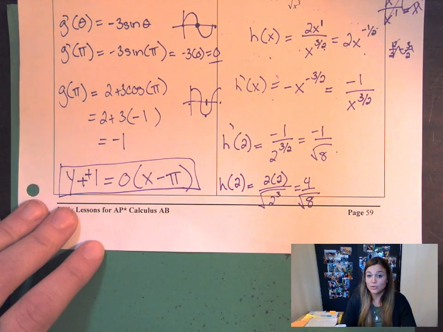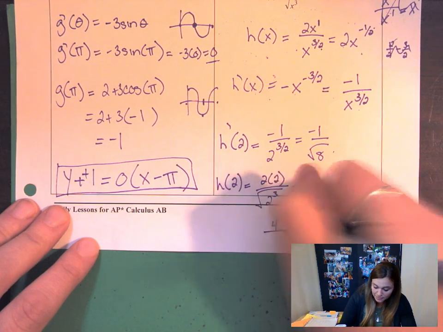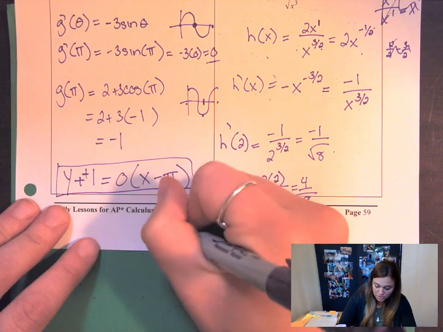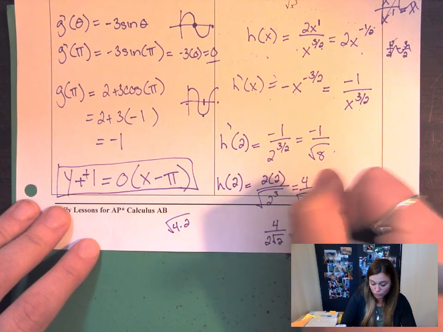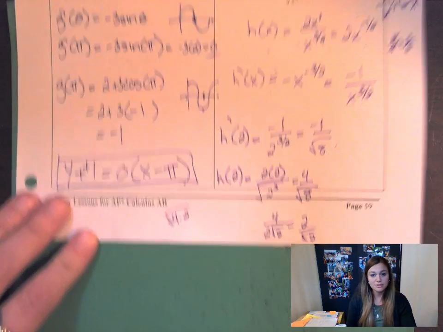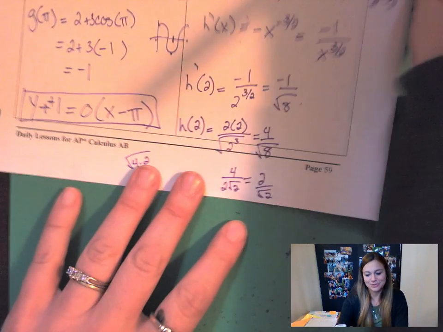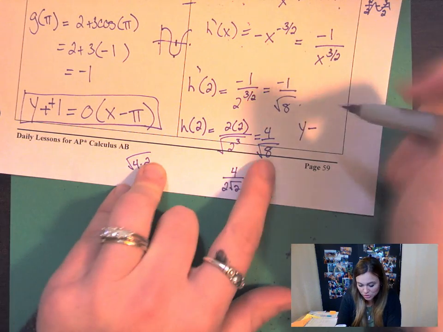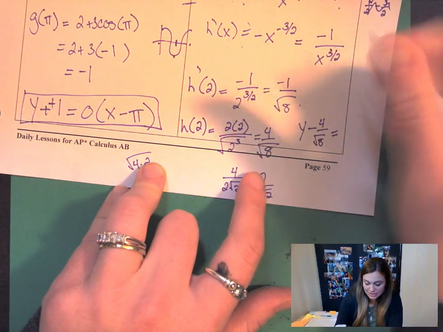And if you're like, this really bugs me, I want to reduce this in some way, because you know that you can take 4 and then in the denominator you could have said that this was equal to square root of 4 times 2. Square root of 4 is 2, so 2 root 2, and if you really wanted to reduce it to that, you can. But I'm not going to. I mean, I already did, so it's kind of cheating. But I'm going to say it's okay to write y minus y1, which was just this crazy 4 over square root of 8, is equal to m